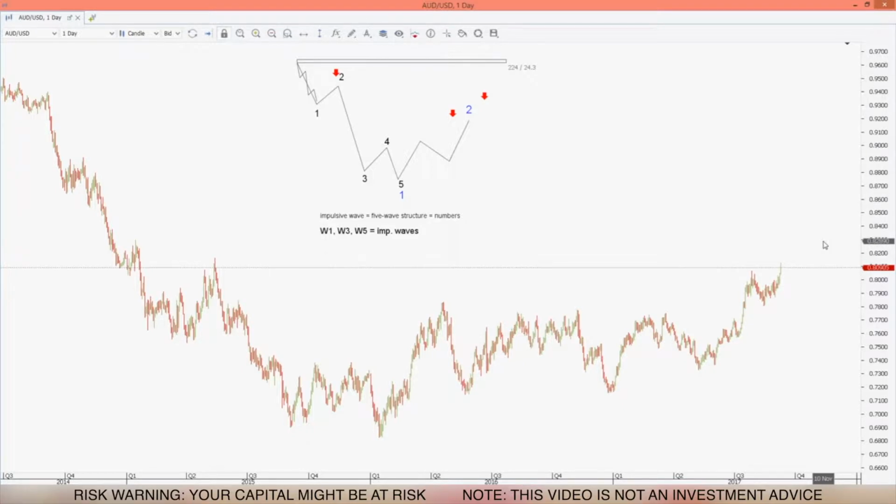When it comes to corrective waves, because Elliott split a cycle into an impulsive wave and then a corrective wave, you have an action and a reaction, an action and a reaction, or action, reaction, action. But to keep it simple, Elliott defined this as an impulsive wave and this as a corrective wave. Believe it or not,